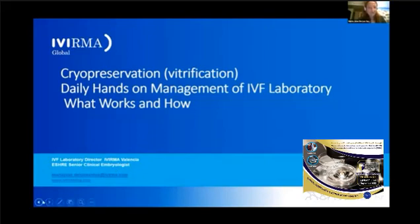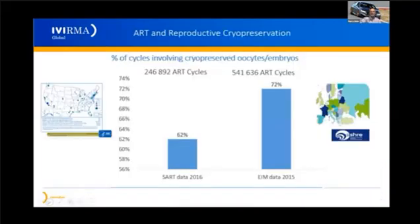Okay, I think we agree in saying that reproductive cryopreservation has experienced a huge and significant increase in numbers, in improvements, in results, and probably it is because we have implemented vitrification techniques in the majority of the IVF laboratories. As you can see in these figures, there is a high proportion of ART techniques that has been applied, either in the States or in Europe, that rely on the use of vitrified material, cryopreserved oocytes or